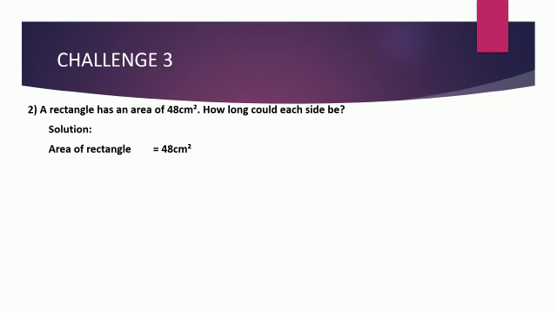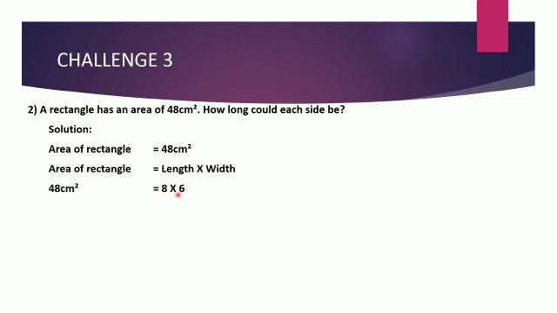Now what is the formula of area of rectangle? Area of rectangle is equal to length multiplied by width. Okay students, and you have to find the length and width also. These two are unknown and we have to find them, and the area of rectangle is given, it is 48. So you will put it here like this. 48 centimeter square is equal to, now how will you get 48 by multiplication? What are the possibilities of 48?